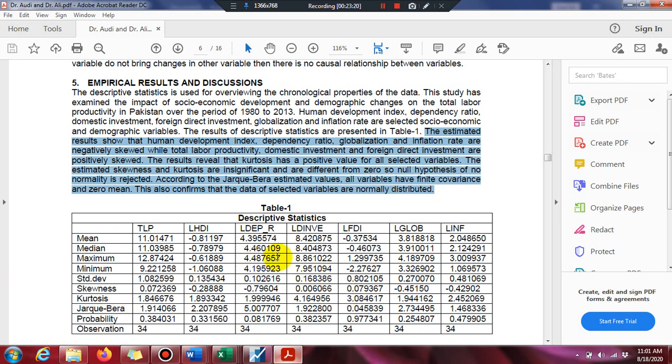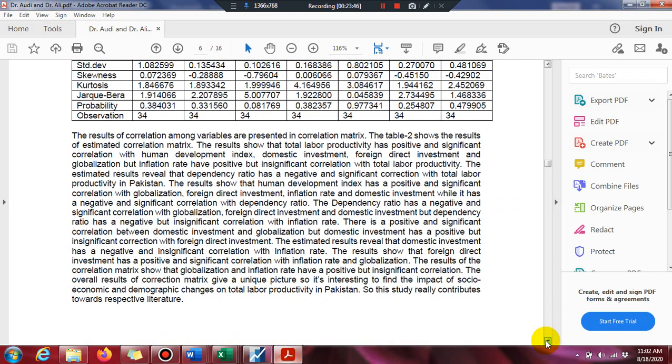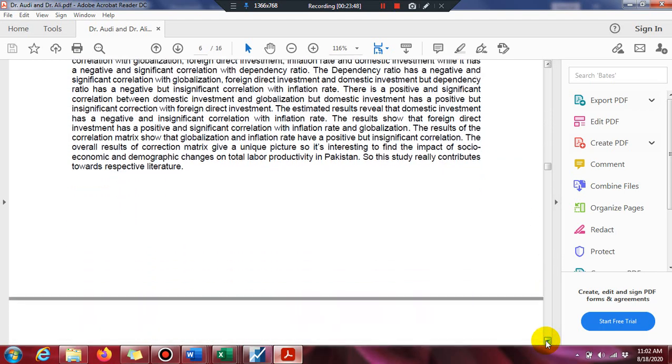But you can extend this interpretation as much as you like, explaining the mean, median, maximum, minimum, standard deviation, skewness, kurtosis, Jarque-Bera, probability, and observations. So this is the interpretation of the descriptive stats, and then this is the interpretation of the correlation matrix.